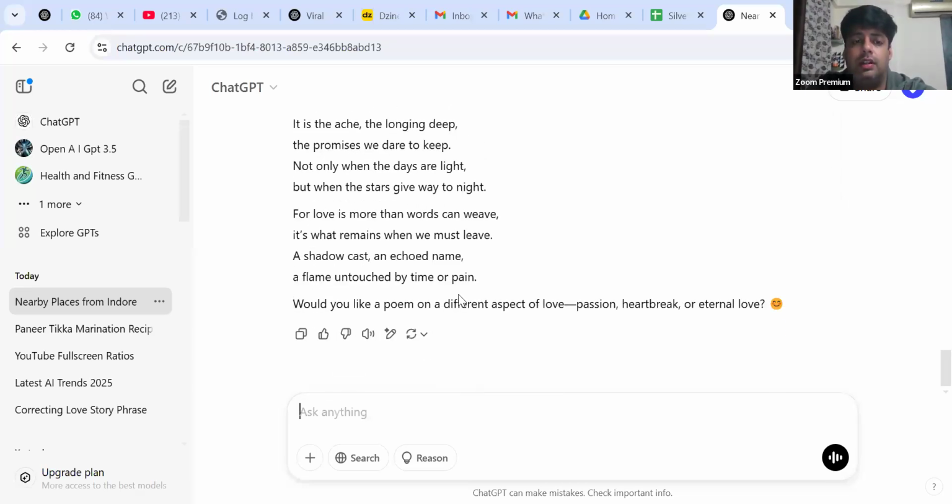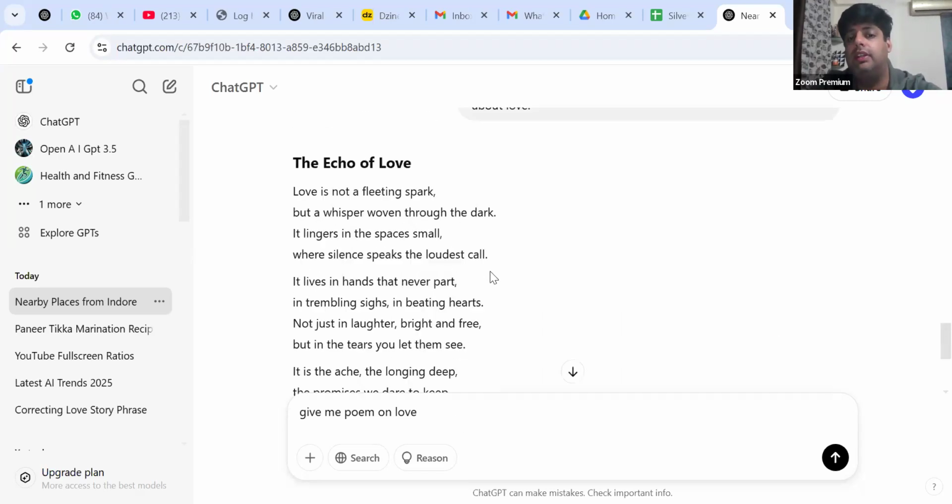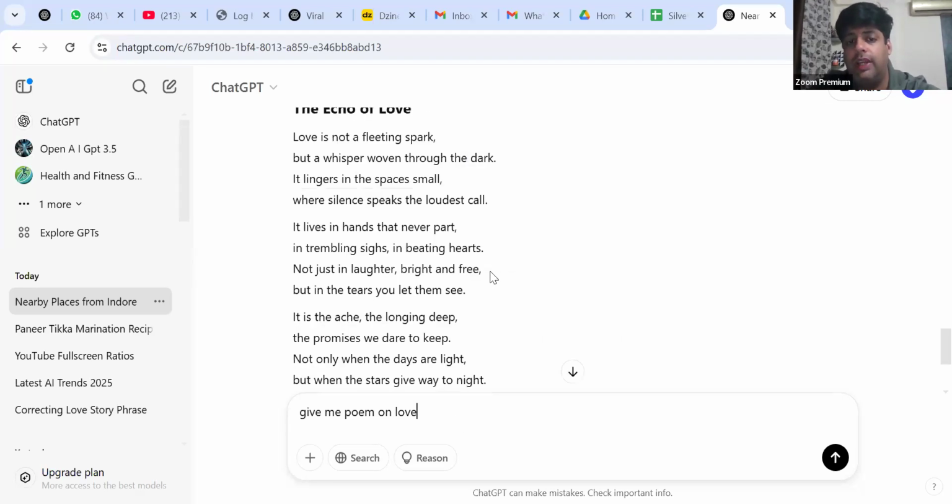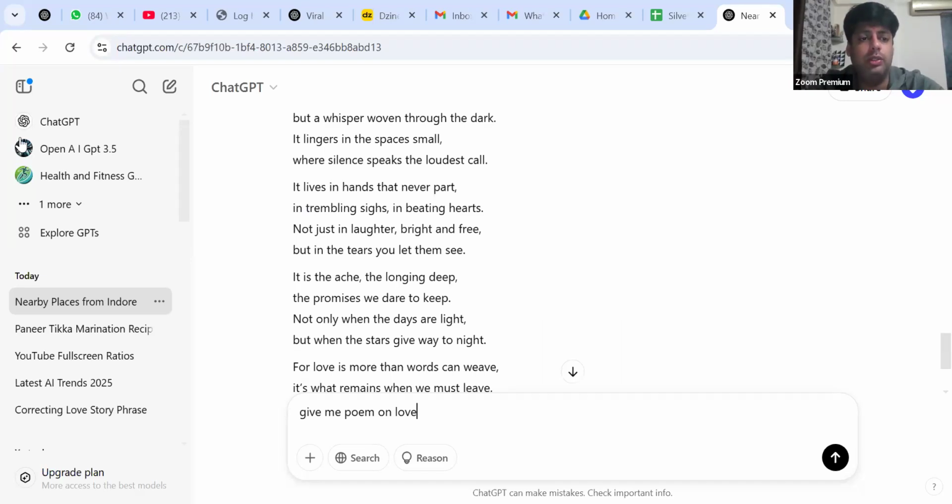Now we will just ask for a simple poem: give me a poem on love. Might be it will give related answers because I have already given the prompts above. Okay. So what I will do, I should go to a new page, a new chat.